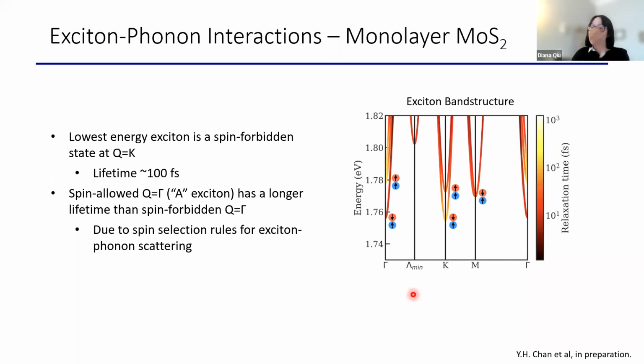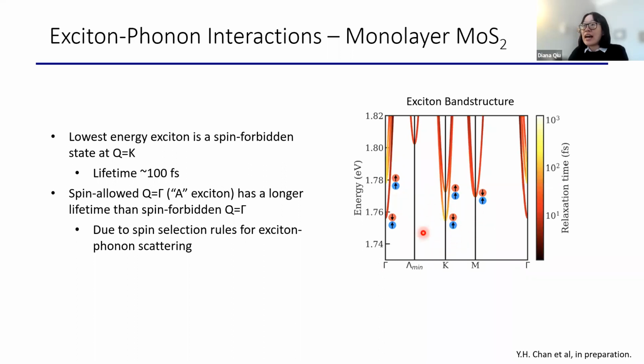Inspired by this earlier work, we decided to calculate the exciton-phonon interactions in monolayer MoS2. This is the calculated exciton band structure, colored according to the relaxation time of each exciton state. The little circles label the spins of the conduction and valence states making up each exciton. And we see, as expected, the lowest energy exciton state, which is this spin forbidden state at Q equals K